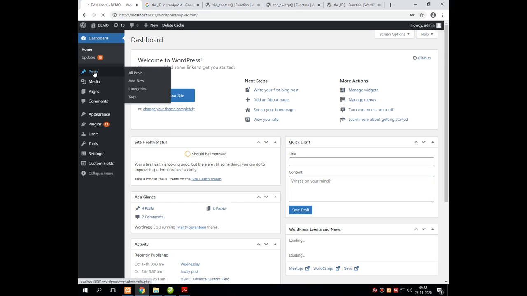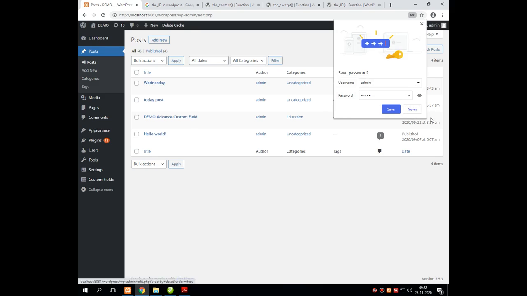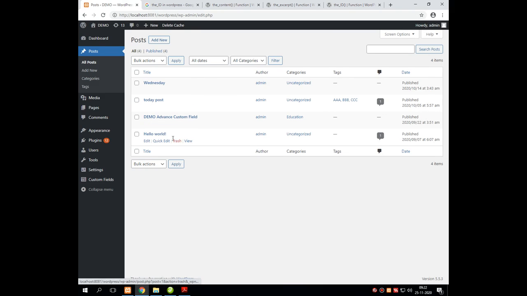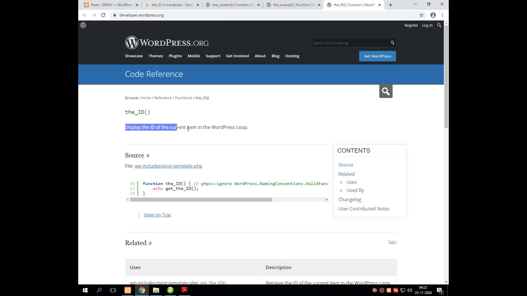Whenever you click on Posts and select All Posts, all these posts have their unique numbers, called reference numbers. That reference number can be displayed using this function. It should be used inside the WordPress looping control structure, because every post has a different ID. So all those IDs can be displayed using the looping control structure in WordPress.